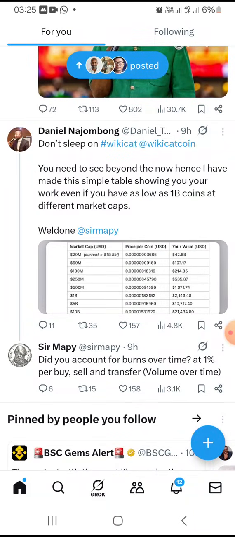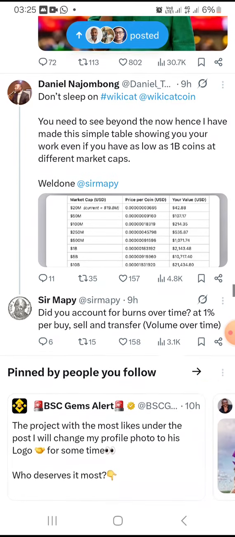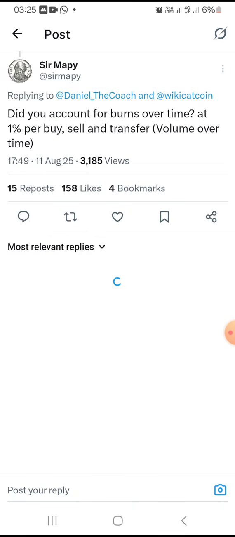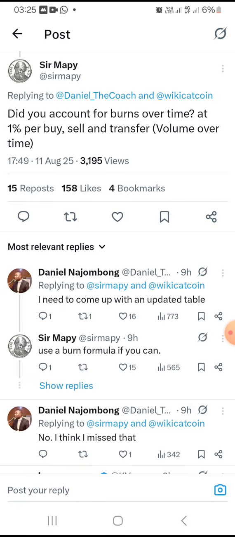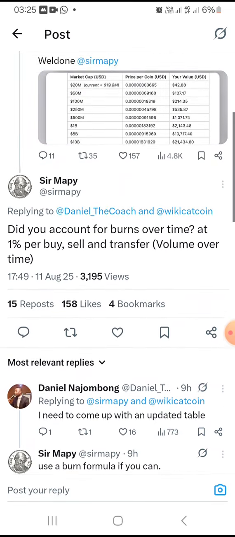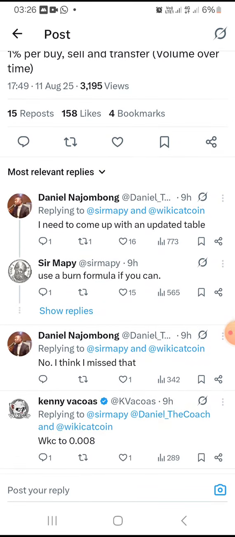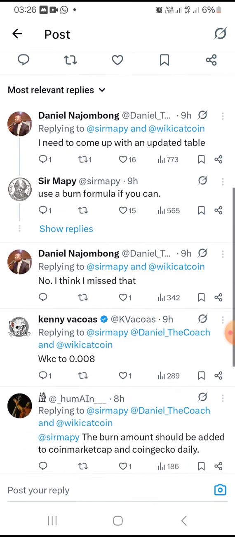After he tweeted, the developer of Wikicat, Samapi, came down here and responded. He said, "Did you account for bonds over time at 1% per buy, sell, and transfer, in bracket, volume over time?" So I decided to go under the comments. Let me see what happened. The guy who made the tweet said, "I need to come up with an updated table." Samapi responded, "Use a bond formula if you can." Okay, so